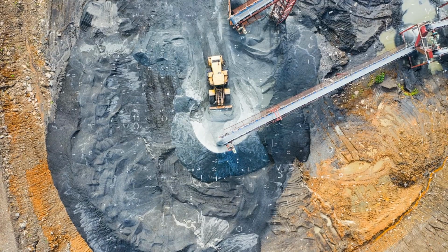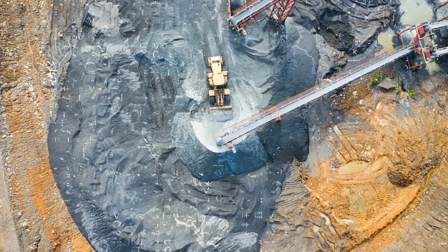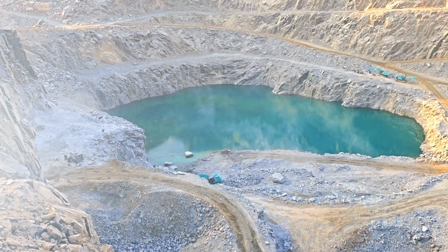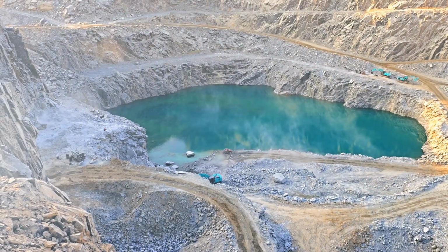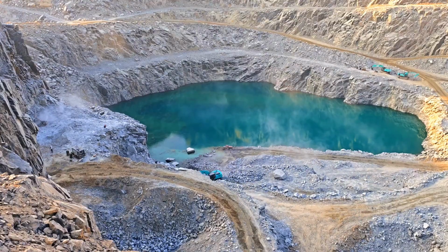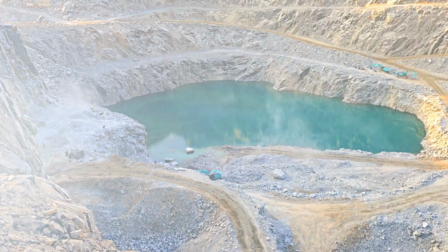The plan would have involved pumping water from the lake, processing it in a chemical plant, and dumping the byproducts back into the surrounding area. Environmental scientists immediately raised the alarm. The construction activity, the noise, the pollution, the disruption to water flow patterns, all of it would devastate the flamingo